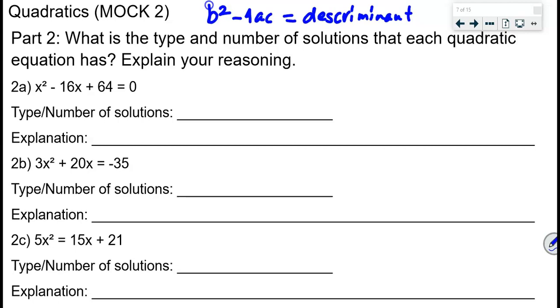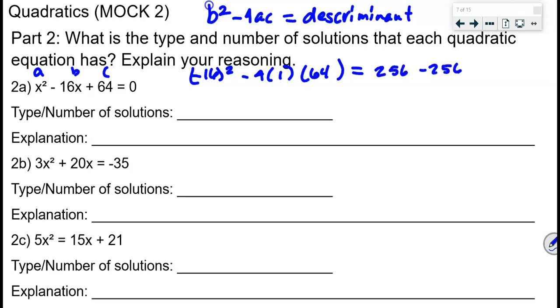If it's negative, it's 2 imaginary solutions, right? Okay, so we got our A, our B, and our C. So we've got negative 16 squared minus 4 times 1 times 64. That's going to be equal to 256 minus 256. So that's going to be 0, y'all. So it's going to have 1 real solution